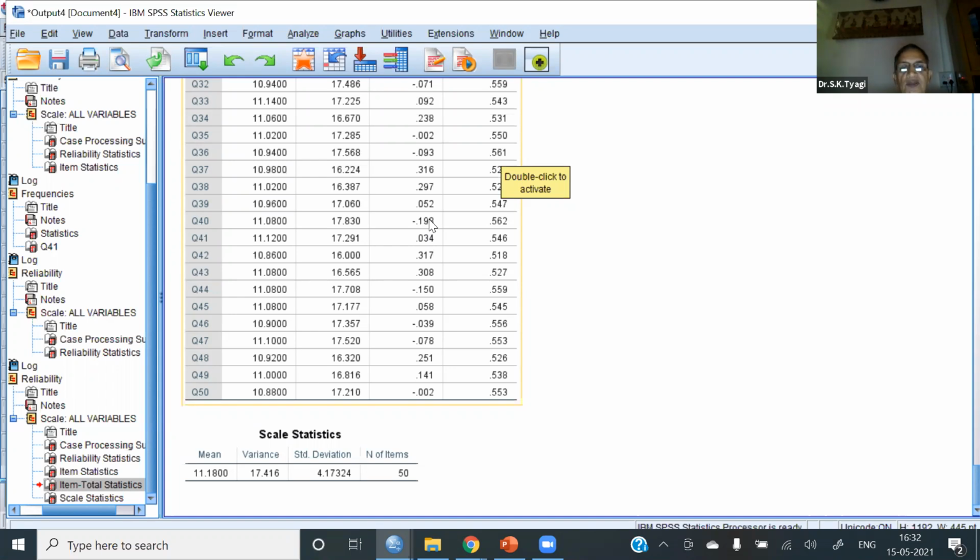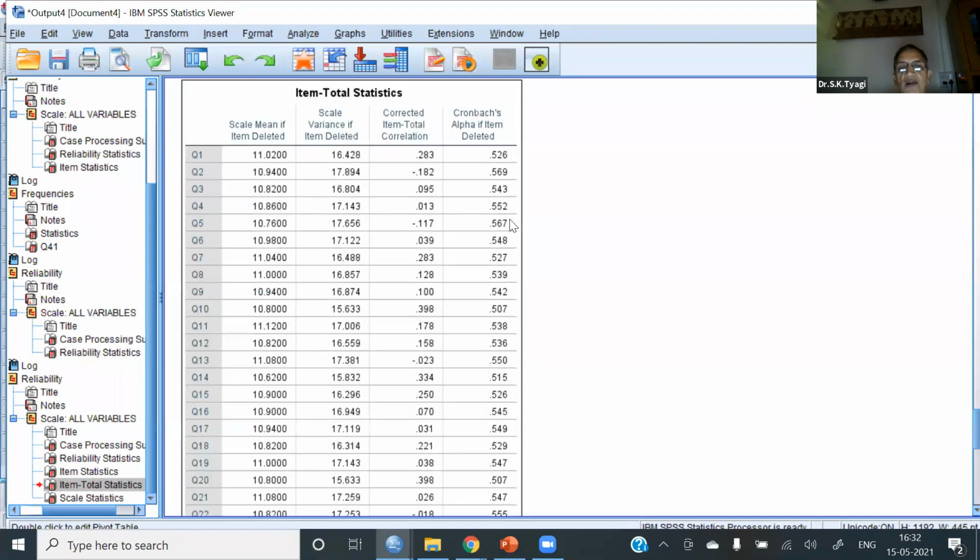Probably if you conduct item discrimination, item difficulty and item selection analysis, this item will be deleted. No, this is not the final version. Actually, this is the pre-final version. So if you delete this item, you get a better picture of scale reliability or test reliability. So this is how we can interpret this particular table.